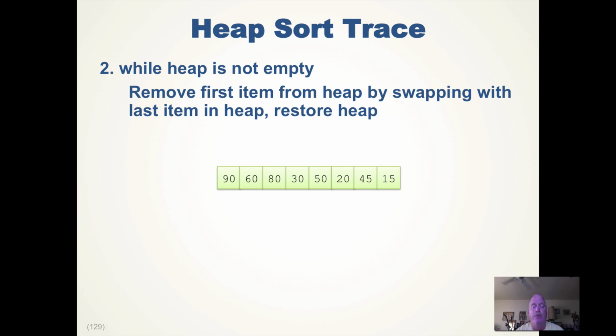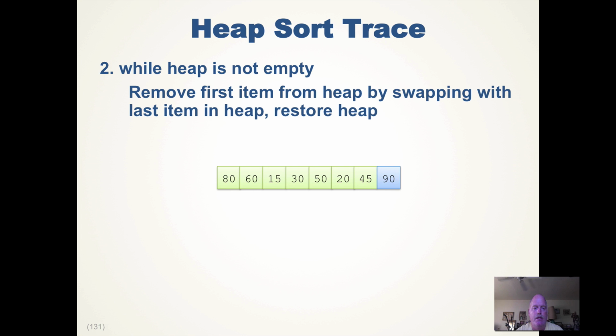So now we need to start shrinking the heap, so we're going to pull the root of the heap, 90, and we're going to stick it at the end. And now 90 is no longer part of the heap, so now we just have to reheap. So we need to move 15 down, and we're just going to replace the maximum child, so